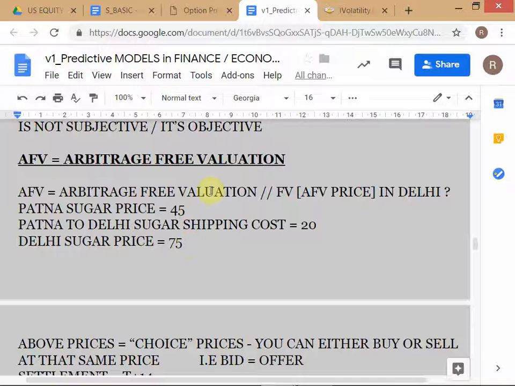Now, similarly, what is happening in Patna? Bola has to buy in Patna. Chedda also has to buy in Patna. Everybody who is selling in Delhi is also buying in Patna. So there is excess demand in the Patna market. What will happen to the price? It will rise. So what you see is eventually there is going to be a convergence between the two prices.